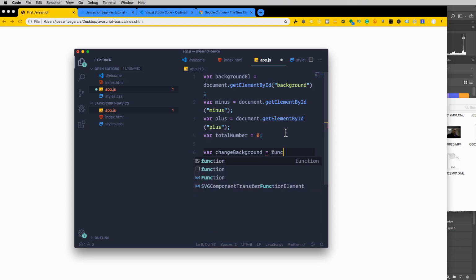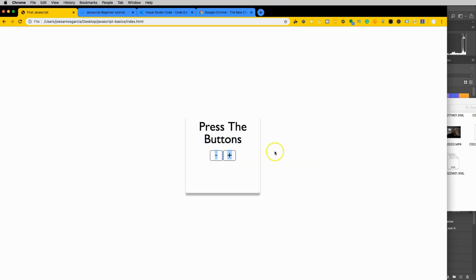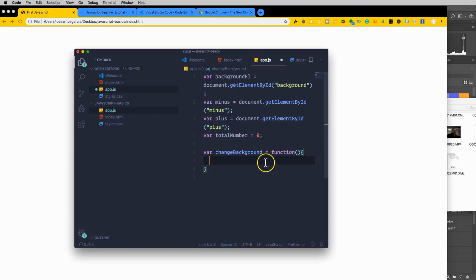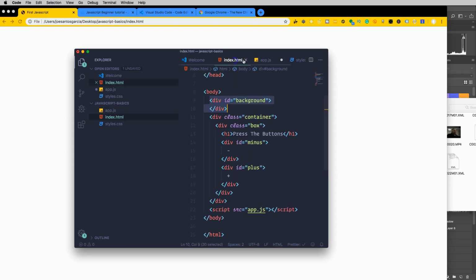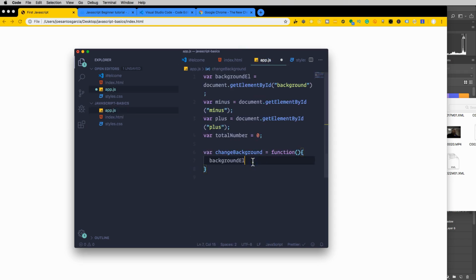So here we're gonna say function, and because we're gonna use this in multiple places, in the plus and in the minus, we're putting it inside of a function so we don't have to repeat ourselves. So now we're gonna say backgroundElement, remember, the div with the background ID. So we say backgroundElement.style.width equals totalNumber